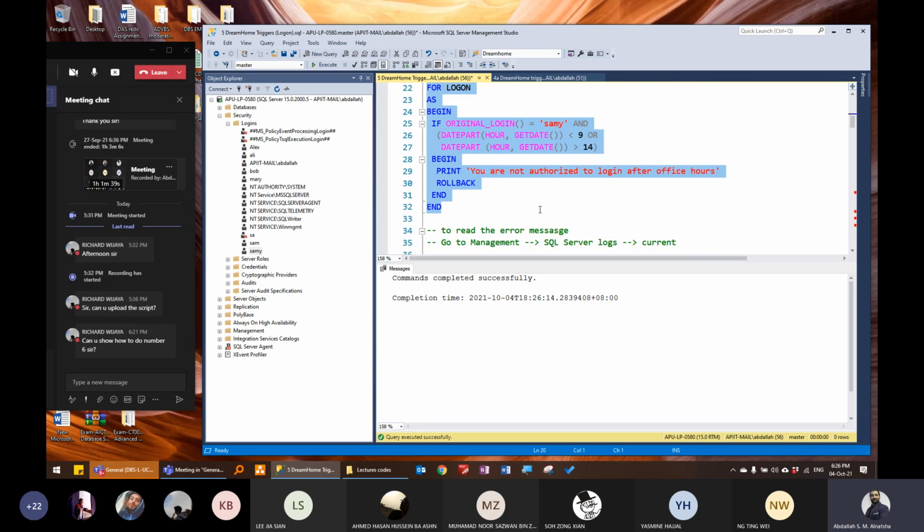Okay. Now, I just want to highlight one point. Always when we create logon triggers, especially for the first times, make sure that you always have a condition for a specific user. Because if I simply said, remove this code and said, okay,